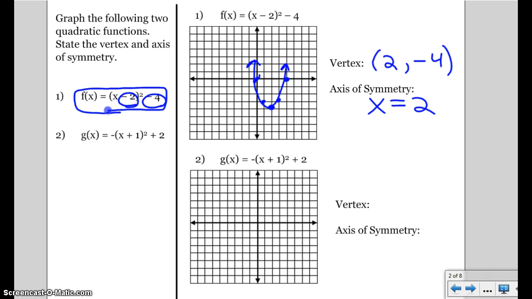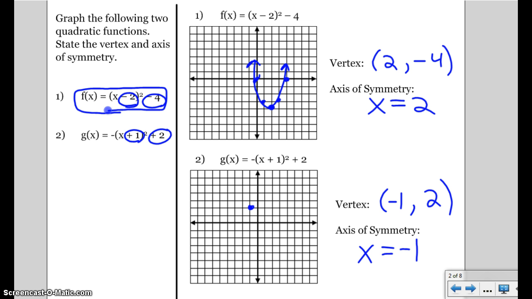And then I can do the same thing with the second one, because I know that I have this -1 here, +2 on the outside of the parentheses. So my vertex winds up being the opposite of what's on the inside of the parentheses. The 2 comes from the outside. That means my axis of symmetry is -1, and I can graph it. So I'm at -1, +2,